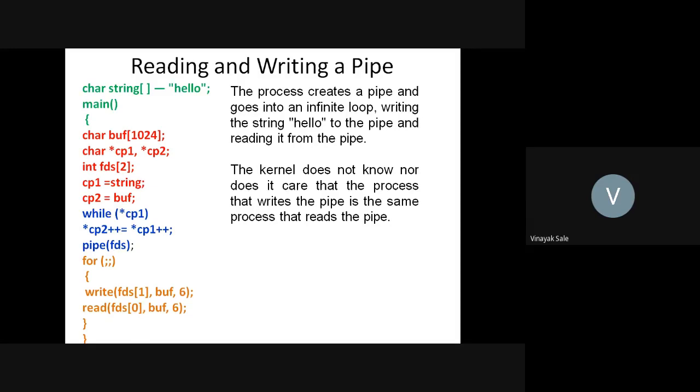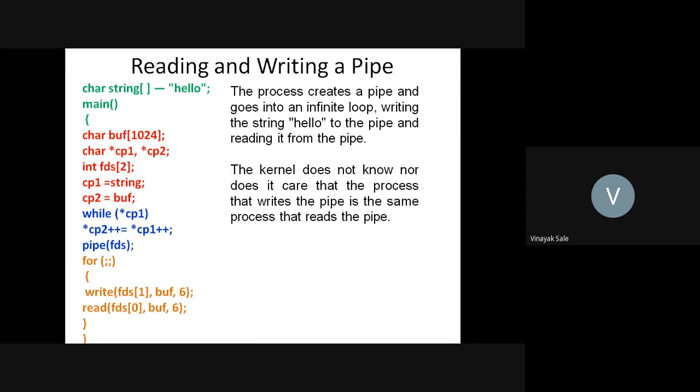Then there are two character pointers, cp1 and cp2, and an integer file descriptors array with size 2. So cp1 is equal to string, cp2 is equal to buffer,